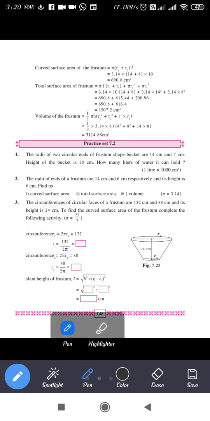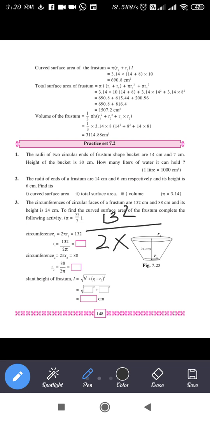Now what you have to do, you have to solve this value. You have to solve, and you have to get a value for the radius. So now let's solve 132 upon 2 pi. Okay, so now here it's 132 upon 2 and value of pi is given as 22 upon 7. So we will substitute it like this. Okay, 22 upon 7. Now we'll solve it. 2 ones are 2, 2 6s are 12, 1 you will carry, so again 2 6s are 12. Okay, so now here it's 66.